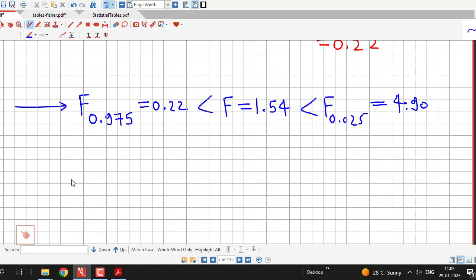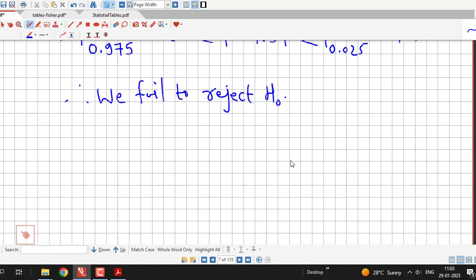Okay, so this means we fail to reject the null hypothesis. So the null hypothesis is that the population variances are the same, and our question was, can we regard the two samples as drawn from two normal populations with the same variance? So we can say that the samples can be regarded